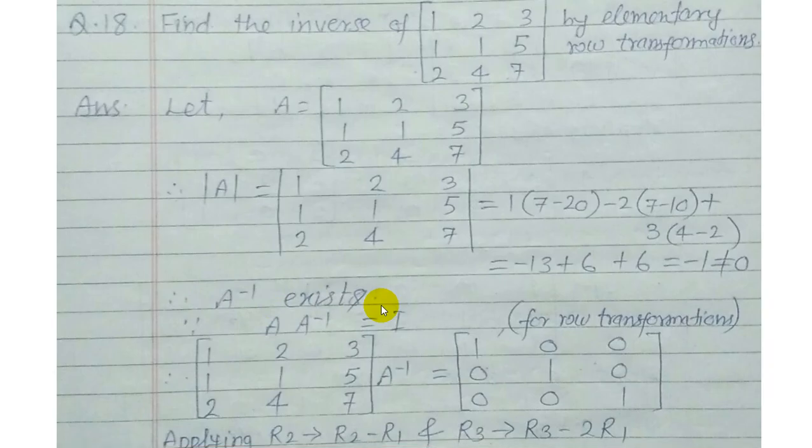Since A into A inverse equal to I, we apply here for the row transformation. Now see, this is for your reference, for your remembering, for your help. For row transformation we always use A into A inverse equal to I. जैसा कि हमने प्रीवियस क्वेश्चन में क्या यूज किया था, A inverse into A equal to I for column transformation, but here it is row transformation. So we apply, what we apply, A into A inverse equal to I.